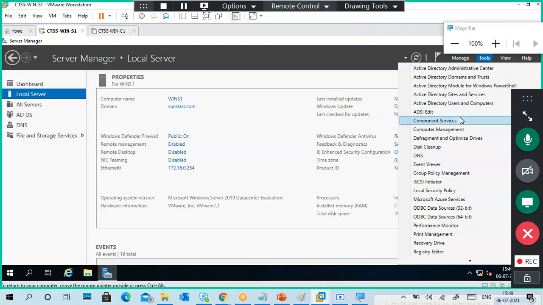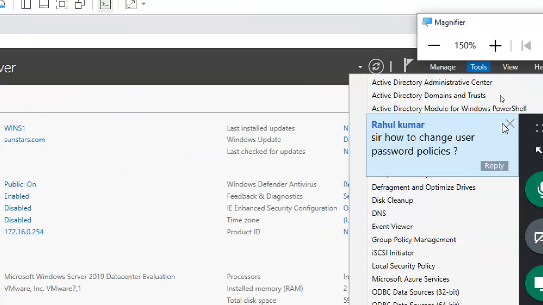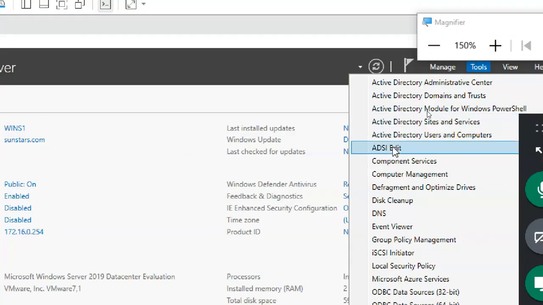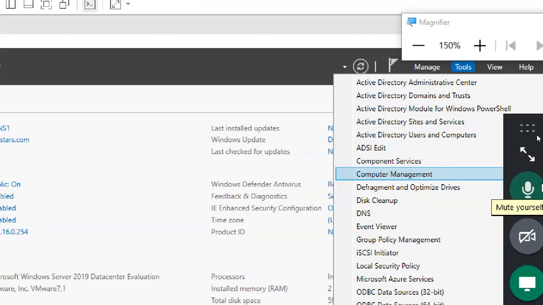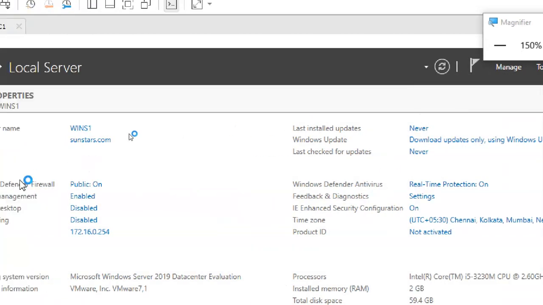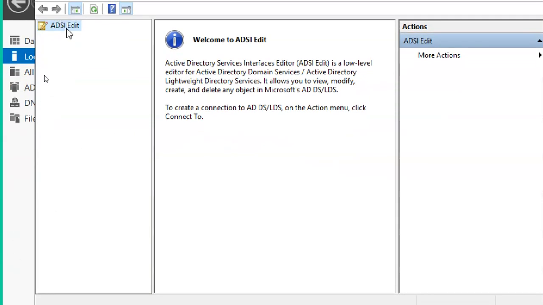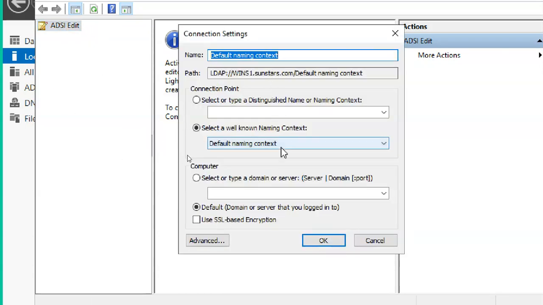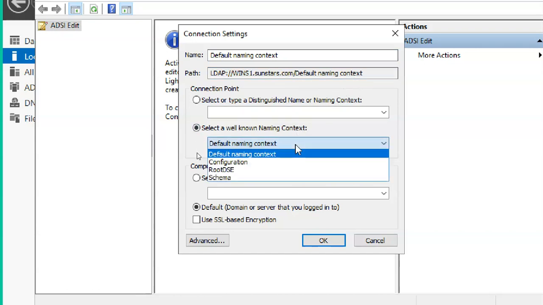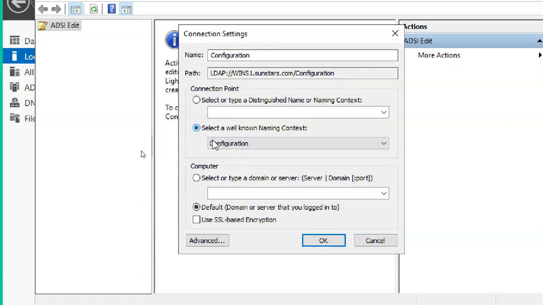And if you see here, it is ADSI Edit. Password policies we will come back to. I'm going to ADSI Edit. Right click, connect to. Here, this is the default naming context and this is the configuration partition.